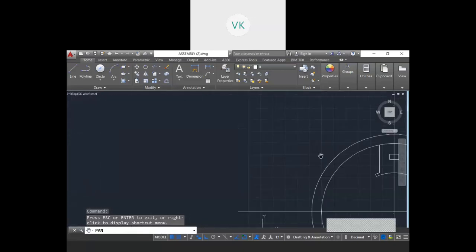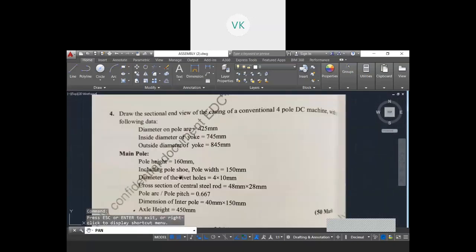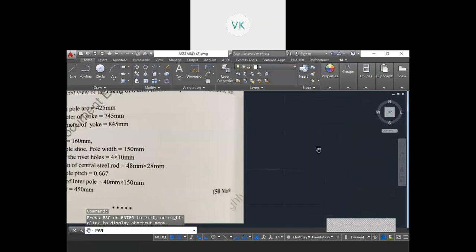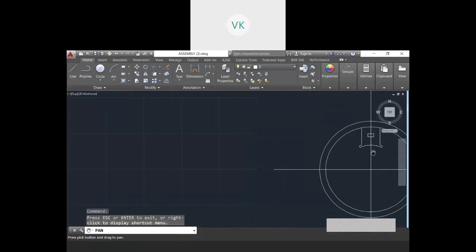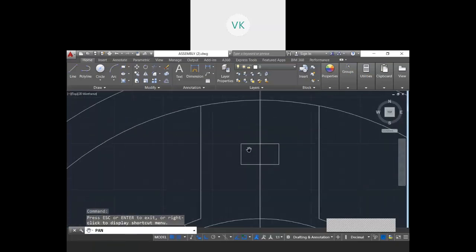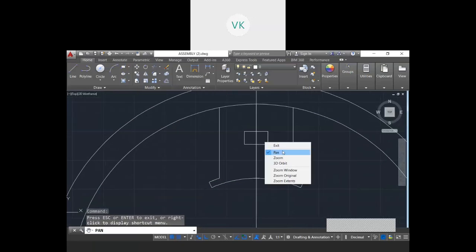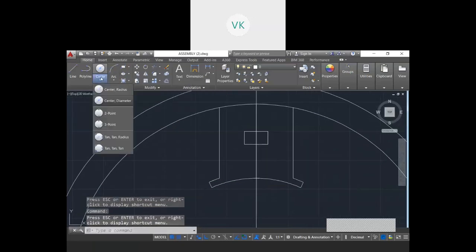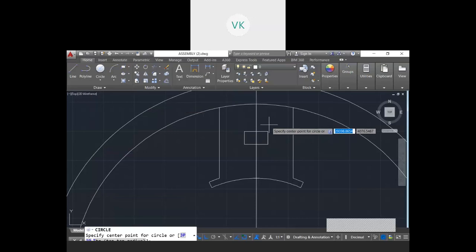Now coming to the next part, the diameter of the rivet holes, the holes which are required for the screws, that is 4 into 10 mm. So I require 4 holes of 10 mm each. I will take a circle. Once again I will go for a radius of 10 mm.